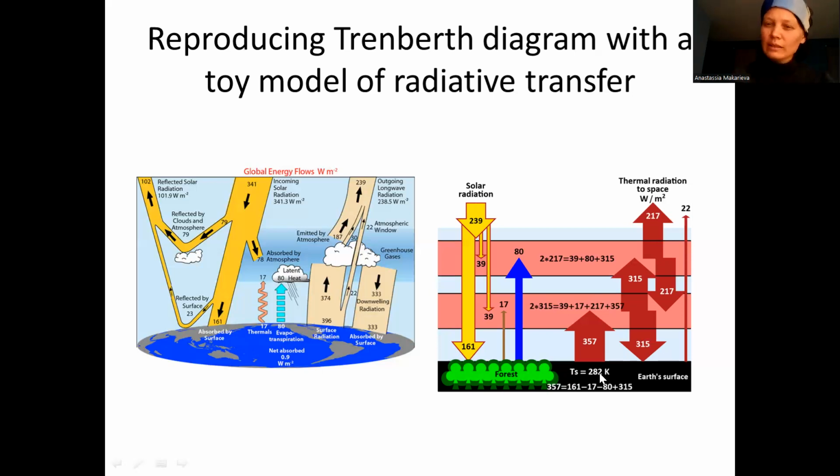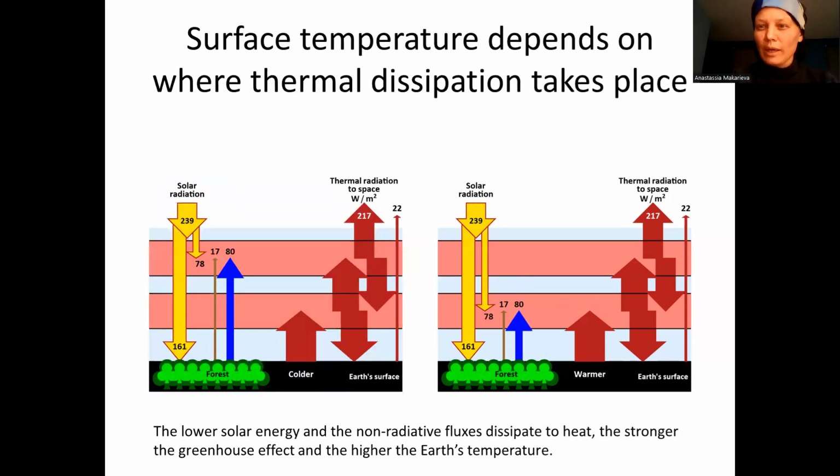So you can see that we kind of got sensible numbers, and we get a considerable greenhouse effect compared to the orbital temperature of the Earth, which is 255. Okay, and here you can play with this scheme using the same idea, and you will find that